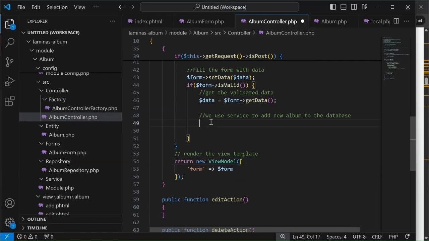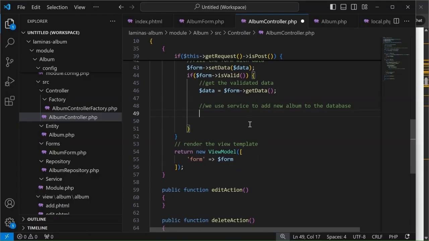So we are supposed to add the service. This is the service section where the album can be saved to the database, but we haven't created a service yet. So let's check for errors from the forms. If everything is okay, then we can go ahead and create our service. Now save and then